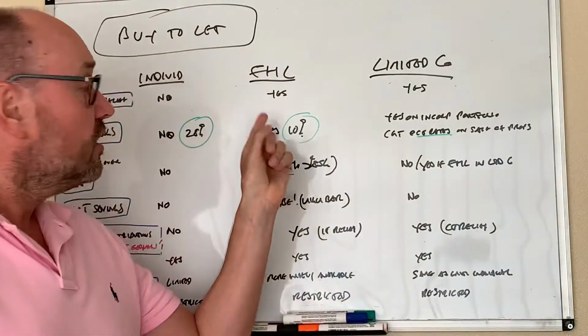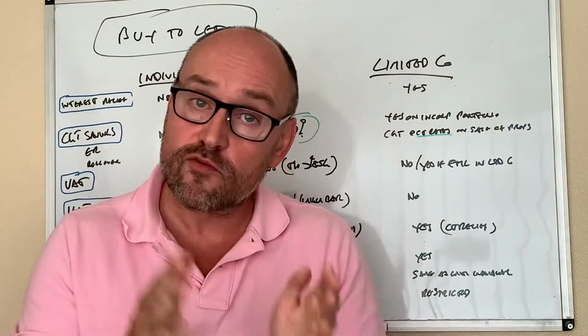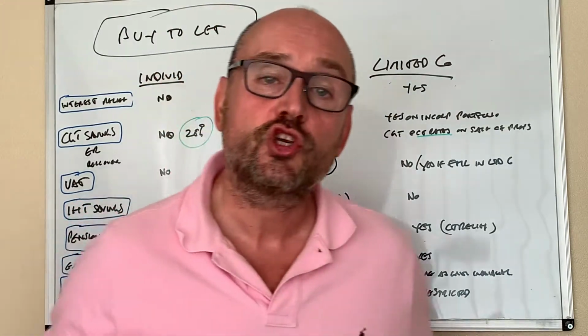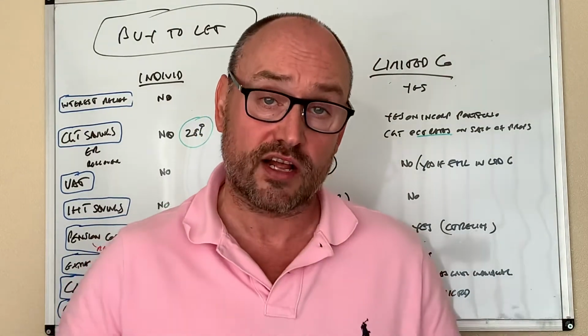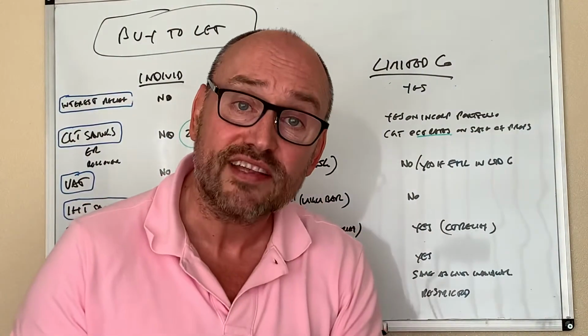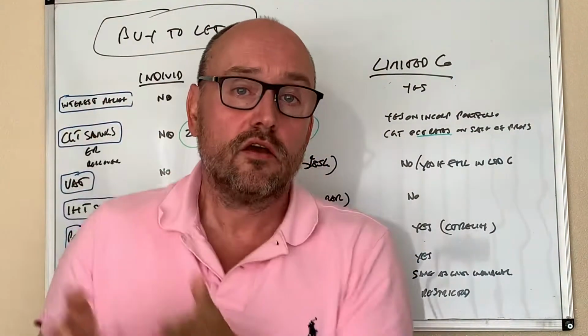However, FHLs, whilst they do have many tax advantages over regular buy-to-lets, one of the disadvantages is that you've got to charge VAT on those rents if you exceed more than 85,000, like a hotel would. Hotels are standard rated, they would charge VAT. If your FHL business is turning over more than 85 grand, then you have to start adding VAT to the